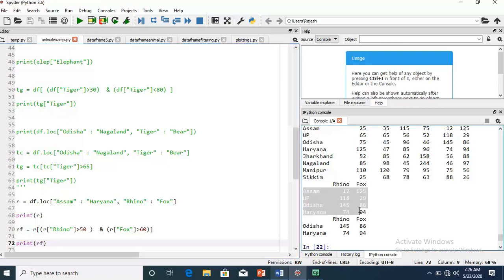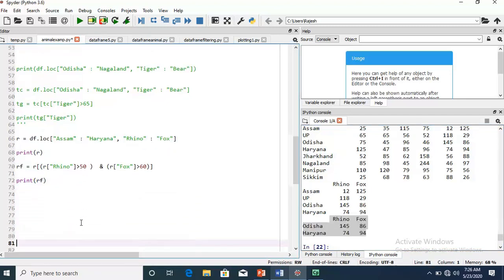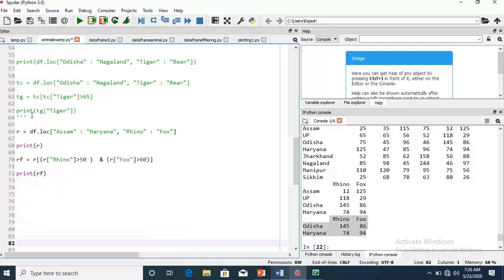There are four states here, but only two states are fulfilling this condition. Is it okay? Now I hope you are understanding how we can apply the conditions, or how we can filter the data, or how we can access our desired data elements from a data frame.